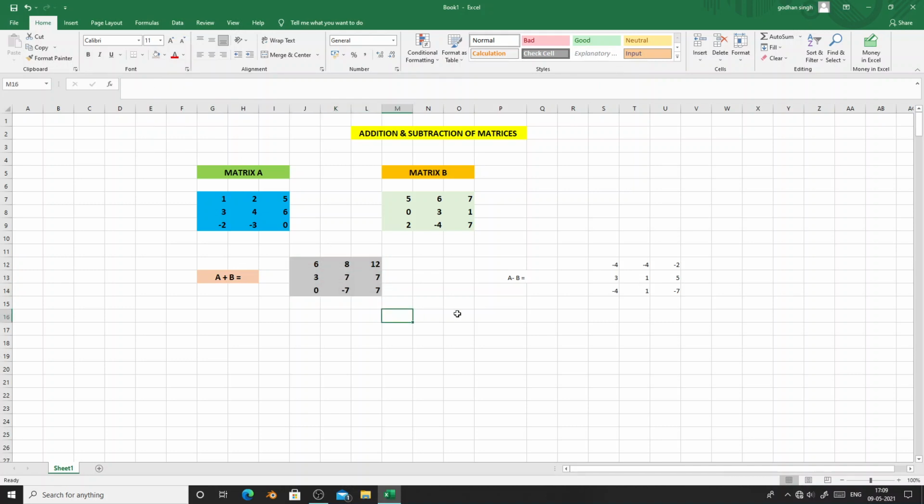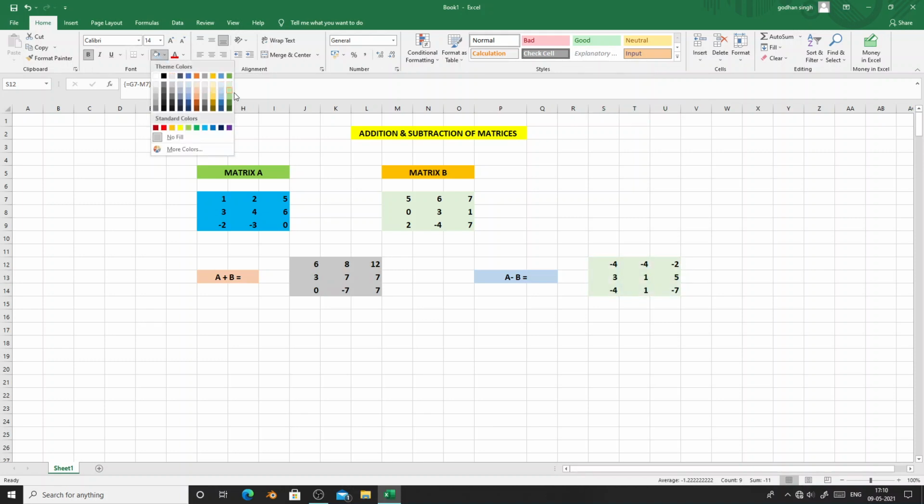So this is A plus B. Same with A minus B, changing the font size to 14 and making it bold, and color we can give any, even colors we can repeat also. Let me put this very light blue, and then I will select all this A minus B matrix, change the font size to 14 and make it bold, and color.